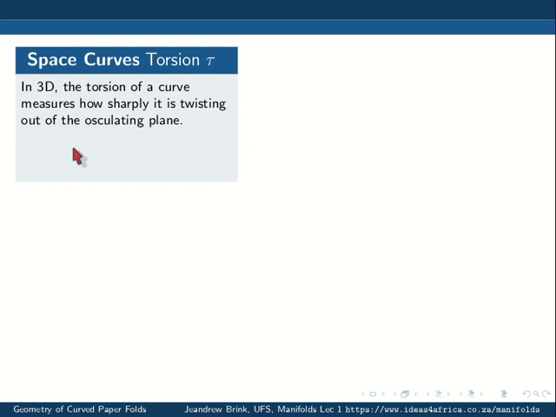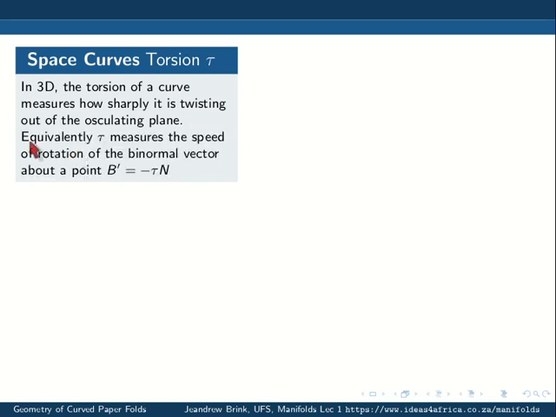Another way of defining it is that it measures the speed of rotation of the binormal vector about a point. So it tells you how much the binormal vector is changing, but you could have got that from the previous description as well. This is very useful because, for example, when we looked at planetary motion, you guys looked at planetary motion last year. When you have your